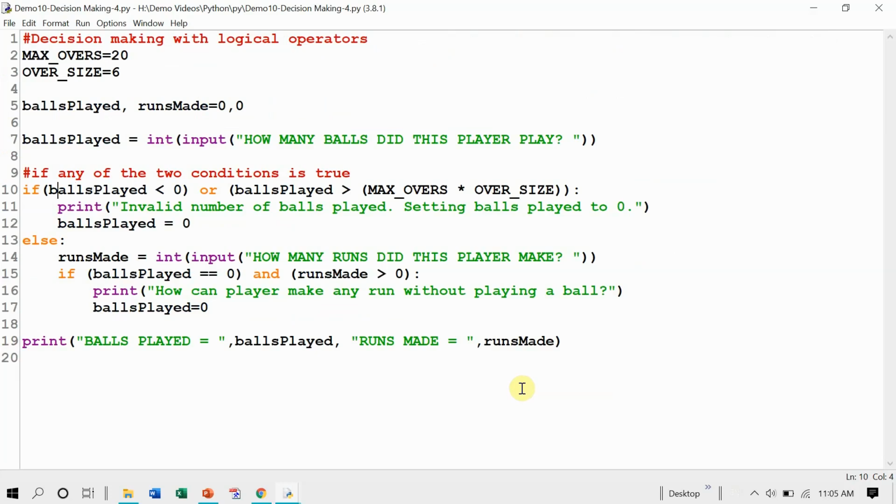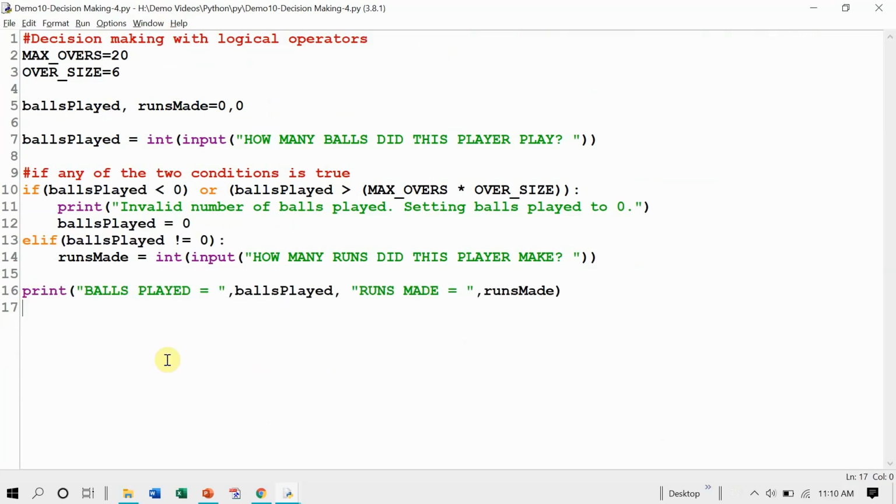See how the OR operator is checking the conditions in line 10. OR's concept is that if any of the conditions is true, then the if will execute. But the if block will execute in case of AND only if all the conditions are true. So this is a small demo to show you the usage of the OR operator and the AND operator. Both are logical operators, and this is how they are used to check multiple conditions.